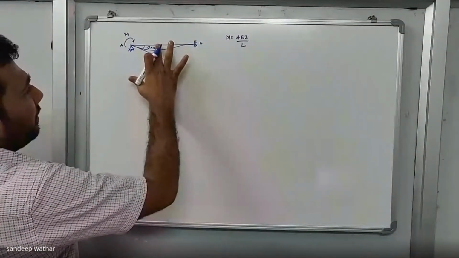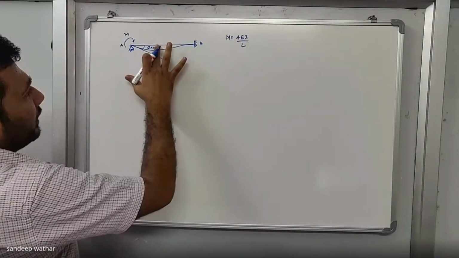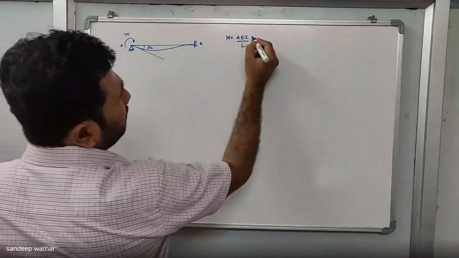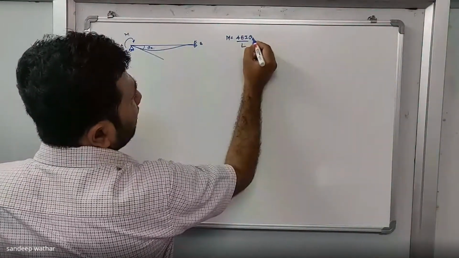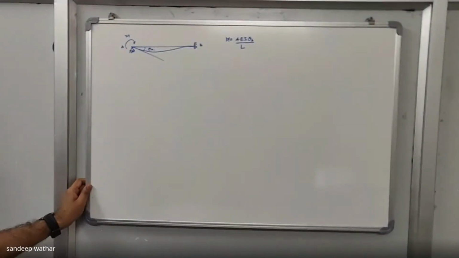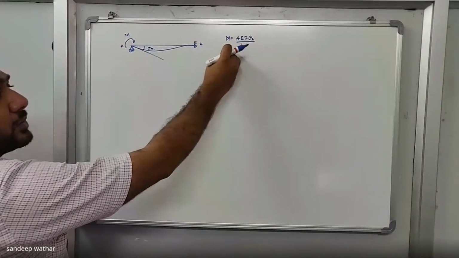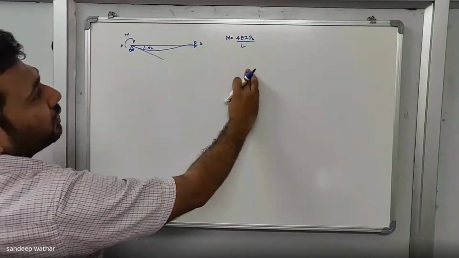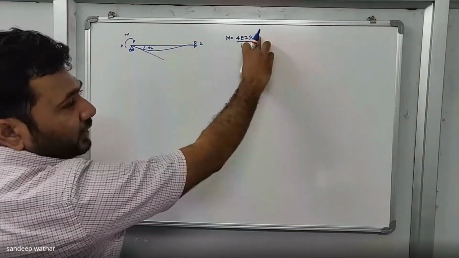So I will not keep it as theta A equal to 1. I will keep it as theta A itself. So if I keep it as theta A itself, now this value of M will be equal to 4 EI theta A divided by L. But I told you previously what the stiffness is. Stiffness is basically the amount of moment that is required to create unit rotation. Okay, so that is what stiffness is. Right now this is not representing the stiffness. This is representing the moment which is required to create a slope of theta A.